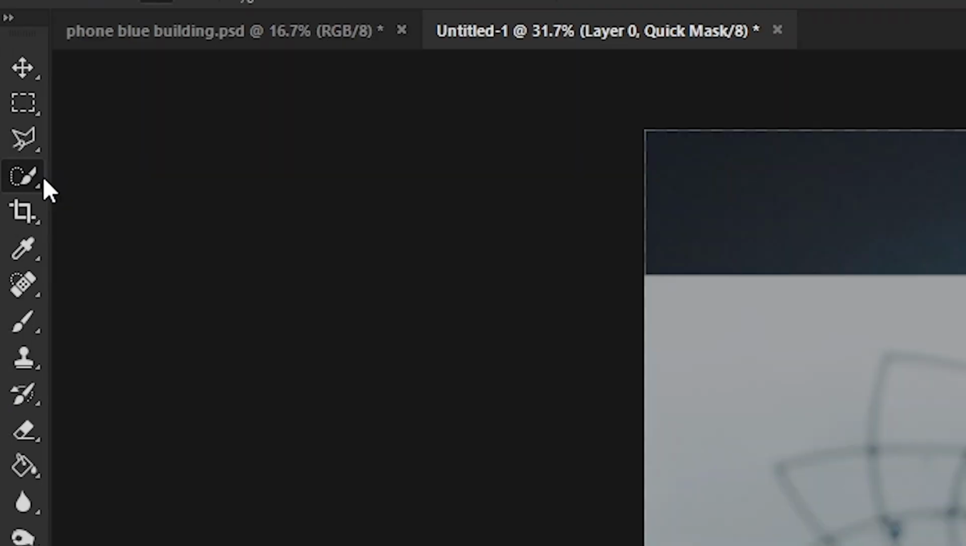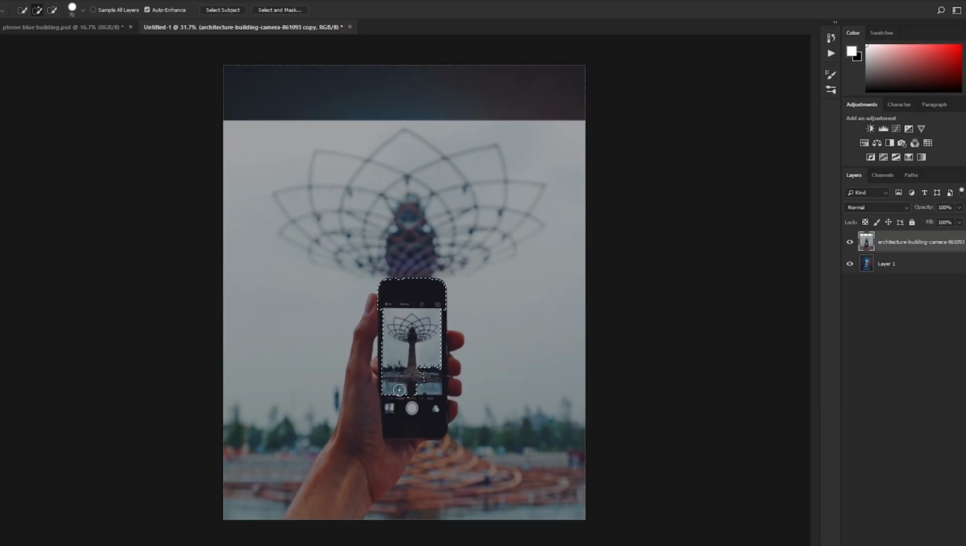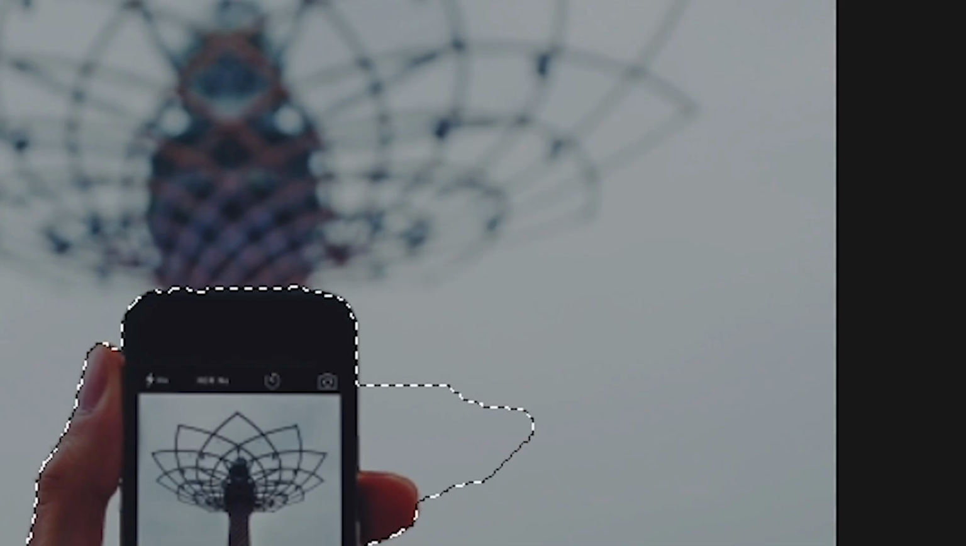Now the second way is by using the quick selection tool. Press W or select the quick selection tool from the toolbar. Now the quick selection tool looks like this. Click and drag the quick selection tool around the parts of the image that you need, that is the hand and the phone. If you by mistake selected a part of the image that you did not actually want, just press Alt